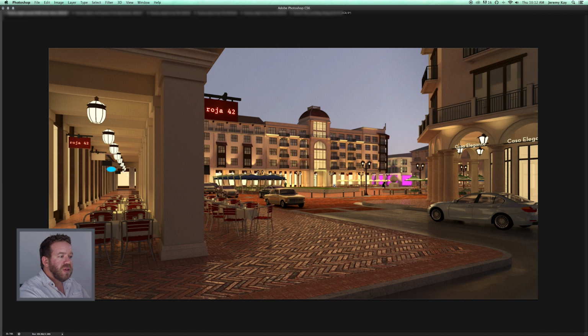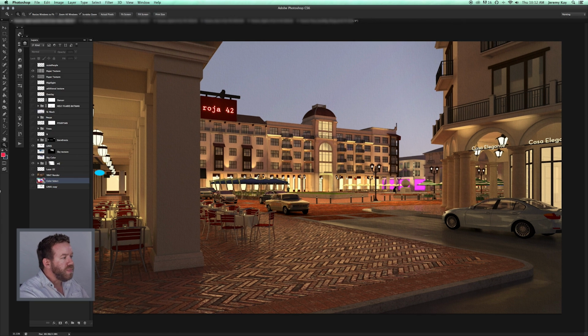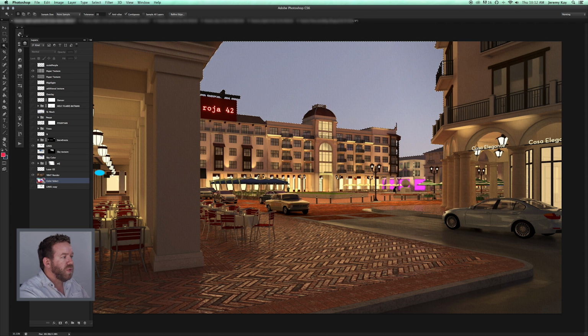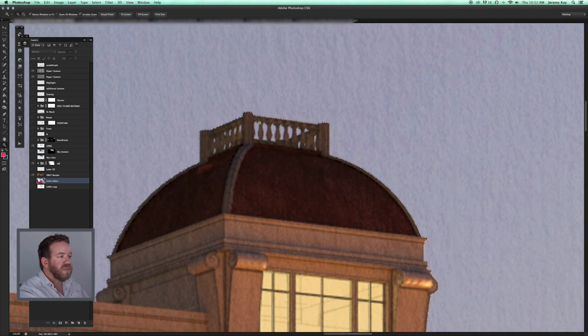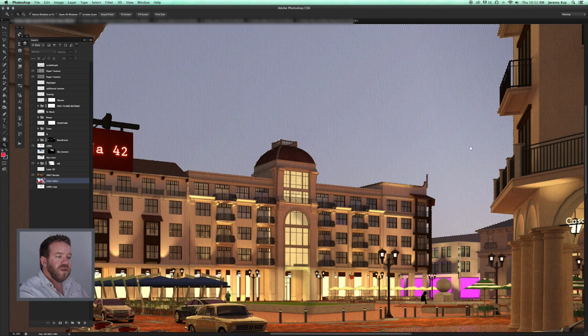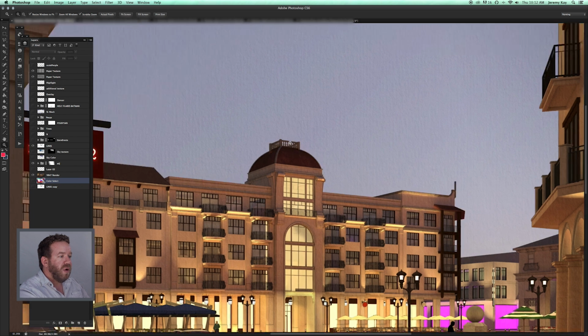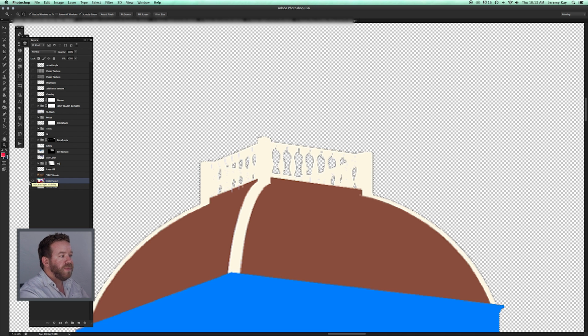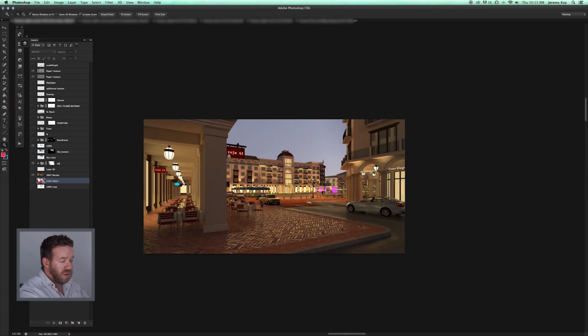Let's just hide our lines so you can see where we're at in the Photoshop file. So what I'm going to do is start painting in a bit of a sky color. All I've done with that is I've gone to my color select layer and used the magic wand to select the sky for me. I can even do a select similar. The great thing about using select similar is you can see that if I just selected the sky, I'm actually missing a little bit here in between the balusters, the balustrade. And if I select similar, it's now going to select all the color on our color select layer here from the SketchUp export. So now I have a pretty tight